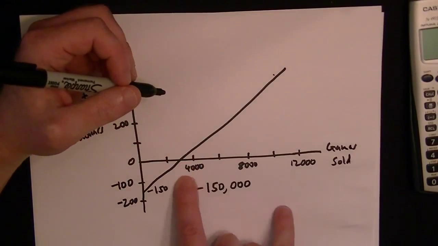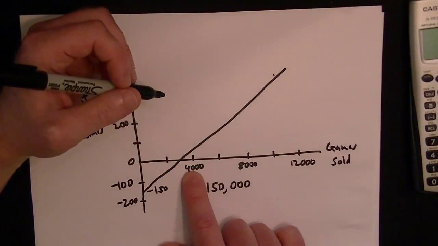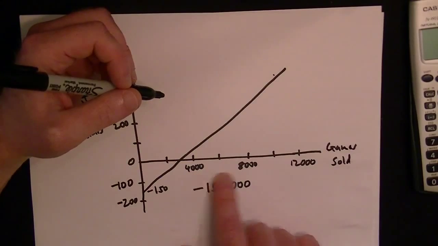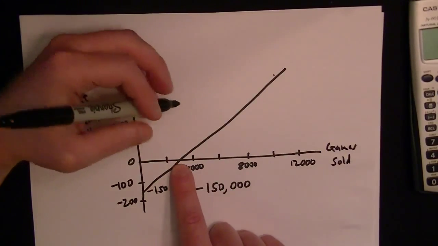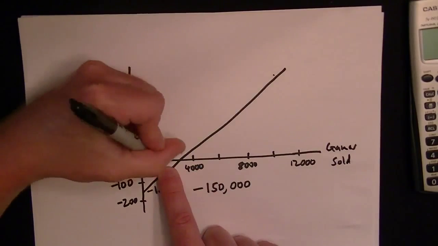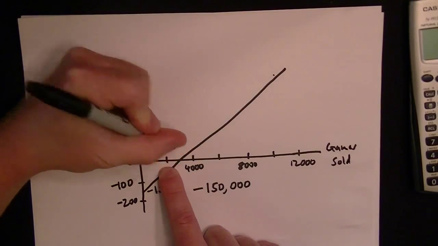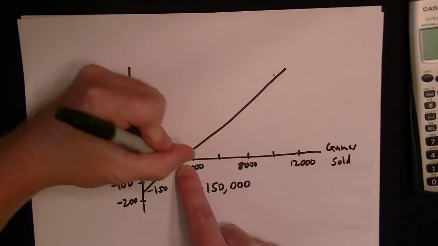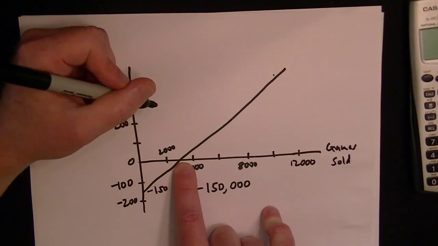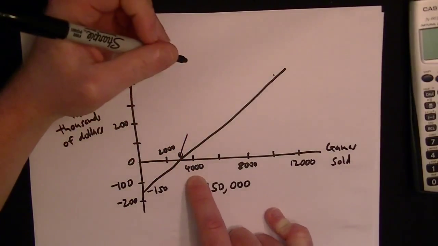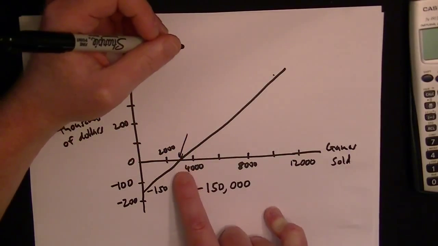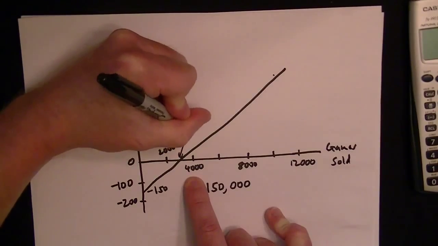And at that point, we've got the games sold. These are just the number of games sold, so there's no thousands. If we look, this tick mark is 4,000, so this one must be halfway, 2,000. And then this point, when it crosses over, is going to be 3,000. So if they said at what point do they make 0 profit, the answer would be when 3,000